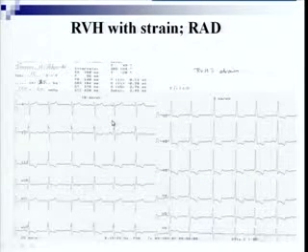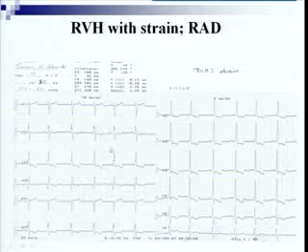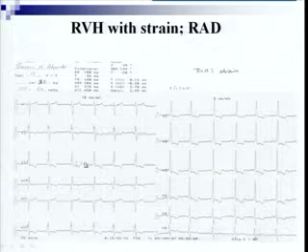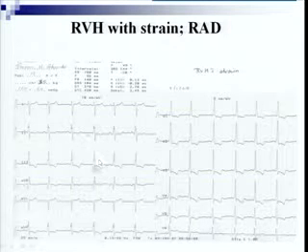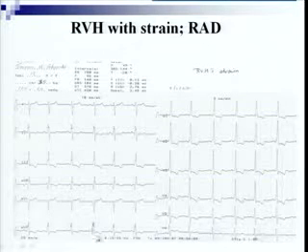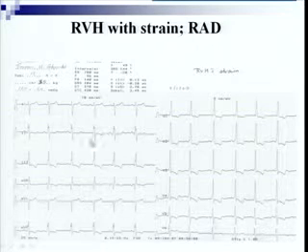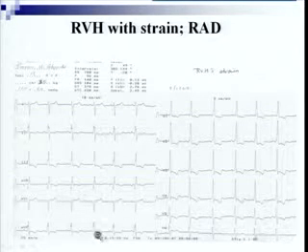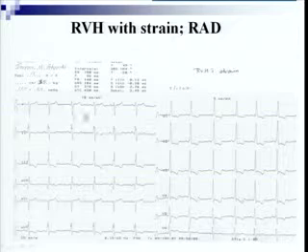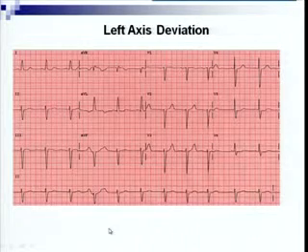But what I want to focus on is the right axis deviation in this, where lead 3 is again showing the height of the R wave, which is the highest among all the limb leads, and it is more than its neighboring leads, lead 2 and AVF, which is here. And if you take lead 1 and AVF also, in which case lead 1 is predominantly negative and AVF is positive, showing that it is right axis deviation.